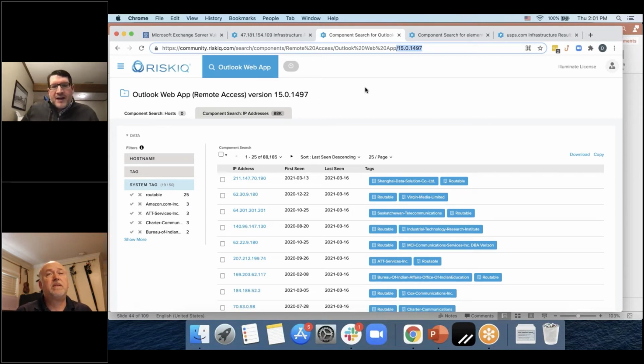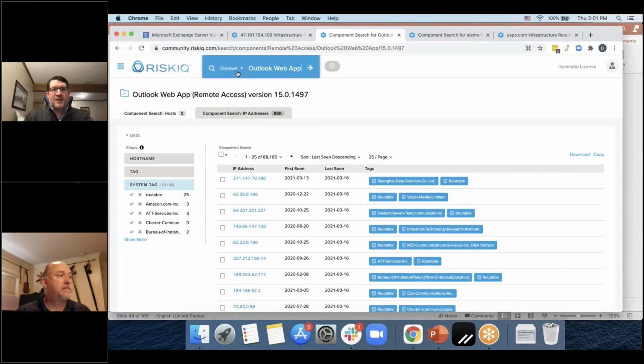The other thing I want to highlight with components in particular is that while we're focused right now on a vulnerability, in this case we're reactive. A vulnerability has been disclosed and we need to understand if we're potentially impacted or not. You can also use components proactively. So we do have component detection on,